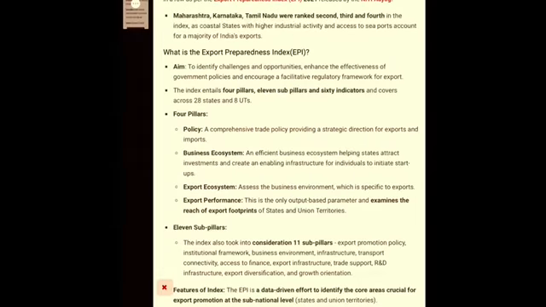So hello, today we'll learn about the term Export Preparedness Index. If you're into UPSC and APSC preparations, then these are the very indexes that are very important when it comes to preparation, because questions every now and then are asked from these indexes. So to understand what is Export Preparedness Index, we have to know about the aim of that: to identify